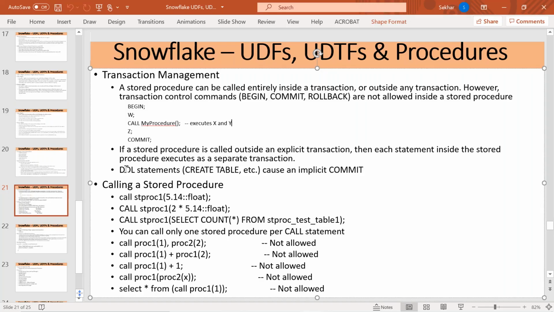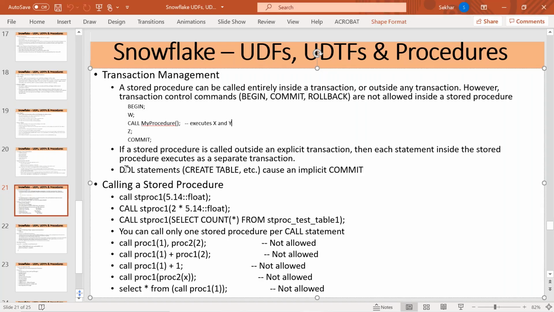The moment you create a temporary table, all the DML that you have done in that particular transaction automatically gets committed, because whenever you execute a DDL, if there are pending DML activities in that session, they get committed. So you have to make sure, when you're trying to do a DDL, that it fits your business scenario, right? And if you say rollback also, it cannot roll back, because you have created a table and you have